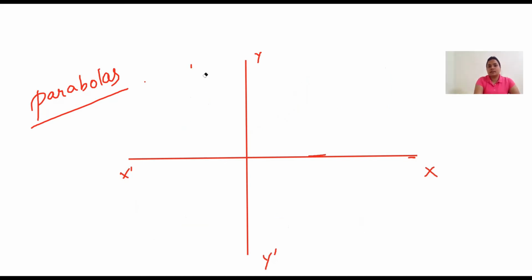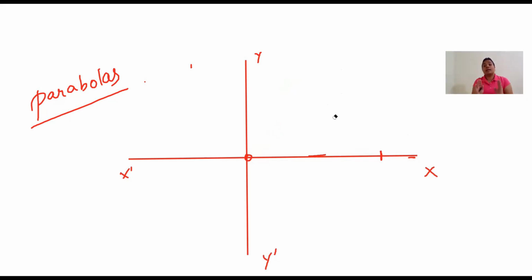If it is like this, it is cutting at 0. It means the value of x is 0. It can be like this also, and this is the value of x. So we can have graphs in any order. If the graph is cutting at two distinct points, it means the polynomial has two zeros. If the graph is cutting at only one point on the x-axis, the polynomial has only one zero.